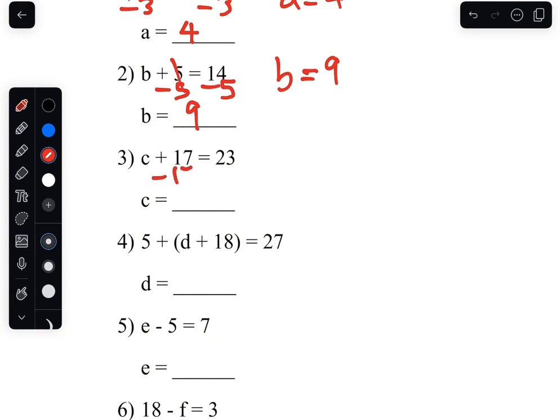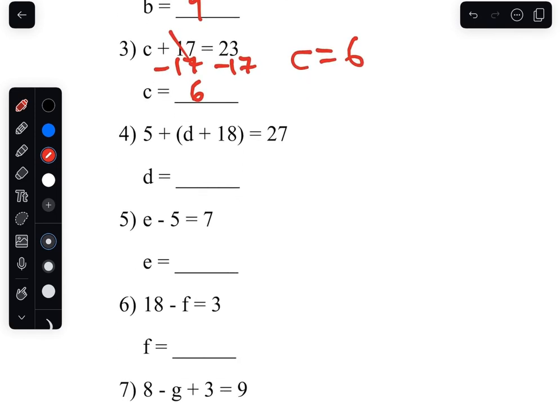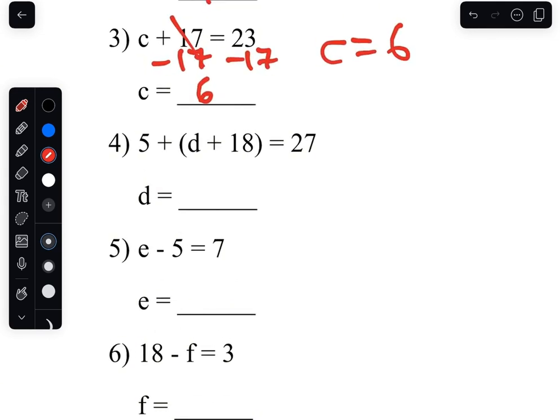So we have to subtract 17 from both sides. The 17 cancels out, leaving c on its own. 23 minus 17 is 6, so the answer for number 3 is c equals 6. Number 4, 5 plus d plus 18 is equal to 27, and we're trying to find d. So first subtract 5 from both sides,